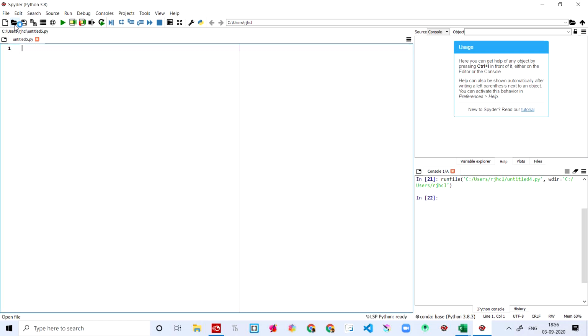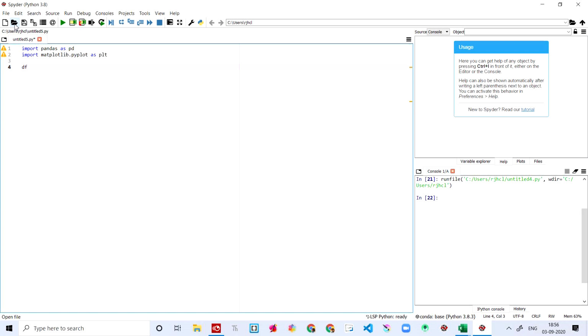So let's do that. First thing we are going to do is import pandas as pd, and then I'm importing matplotlib.pyplot, which means Python plot, as plt.